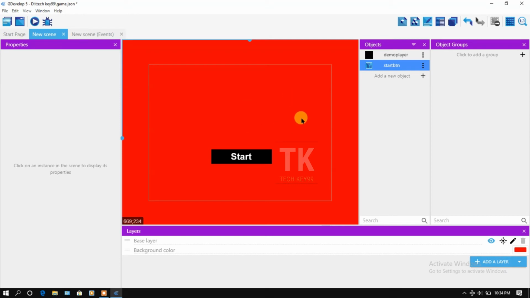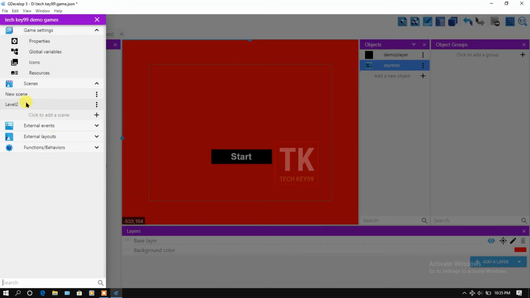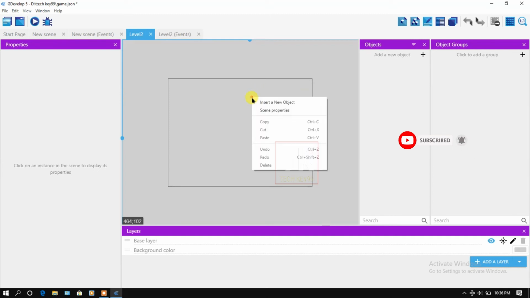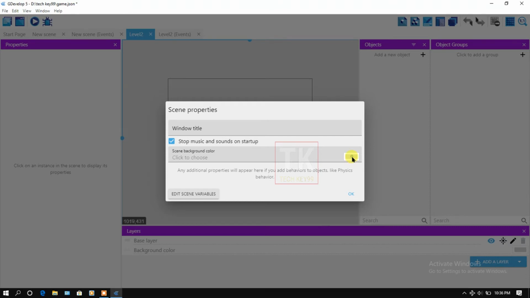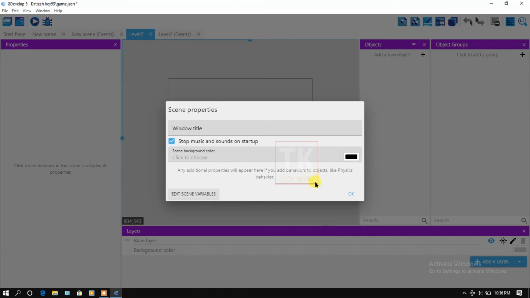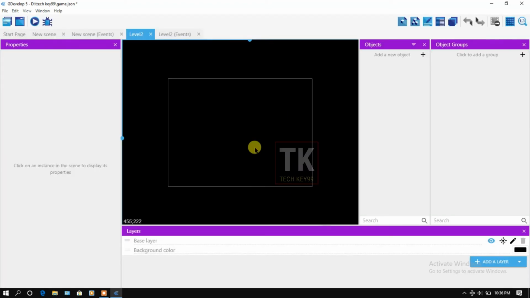Click OK. You can see here the game background is changed. Let's change the other scene's background. Project manager, level 2. Right click, scene properties, OK.